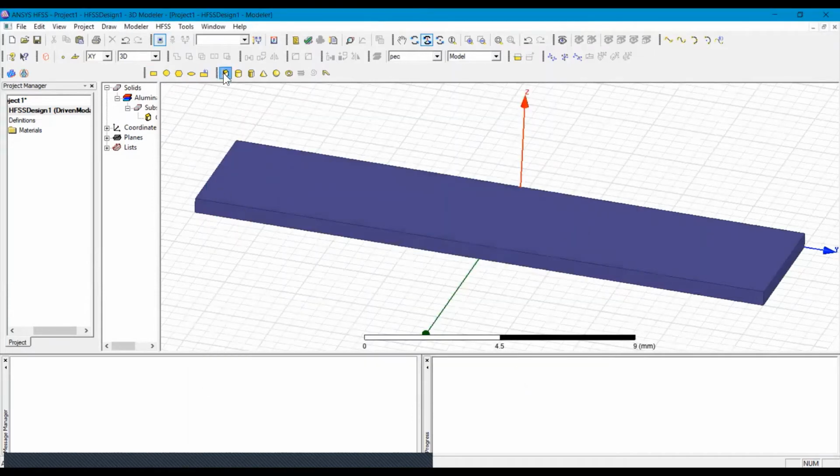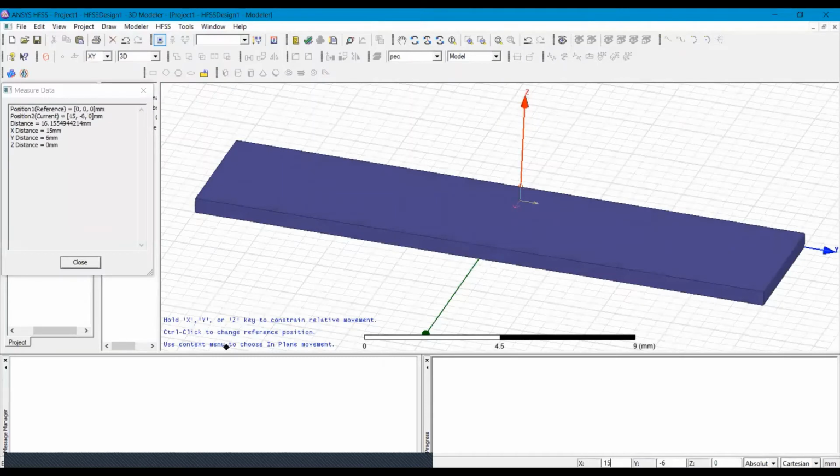Now again I will draw a box with the initial coordinates, and these coordinates are 0, minus 0.24, 0.05 and 0.5.